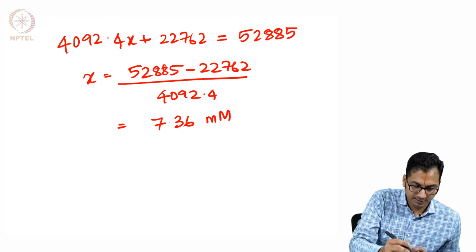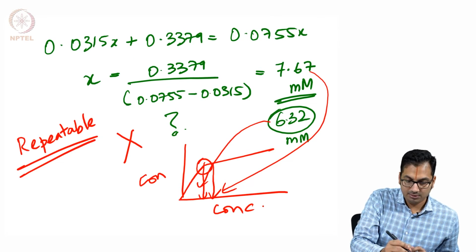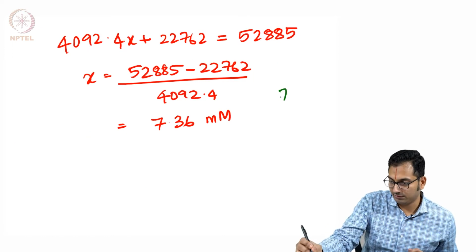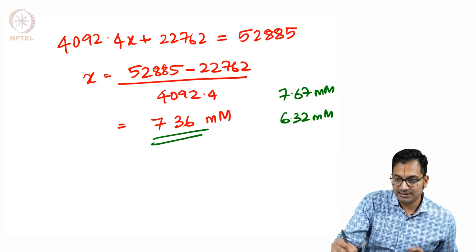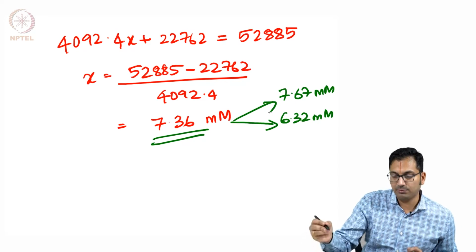I would like to recollect what values we got. We got 7.62 and 6.32, and you realize this value is in between these two values,